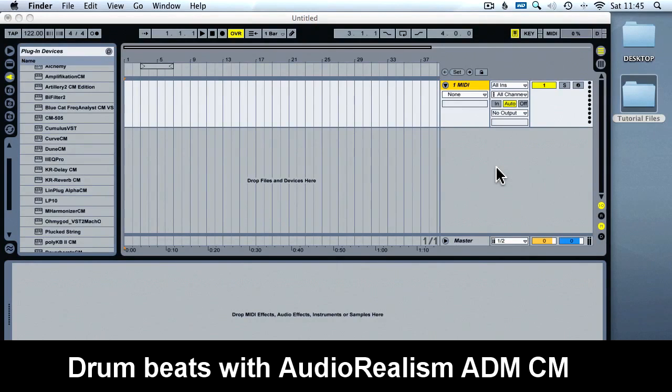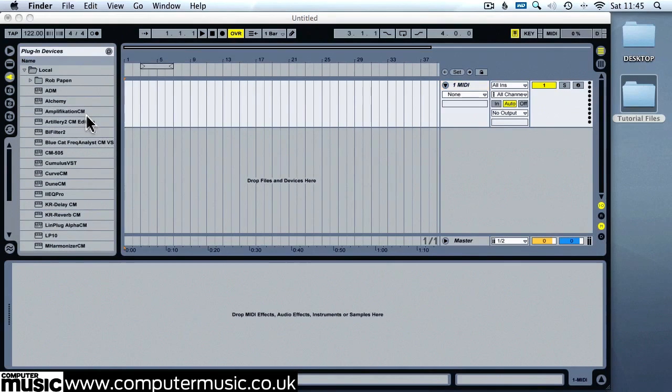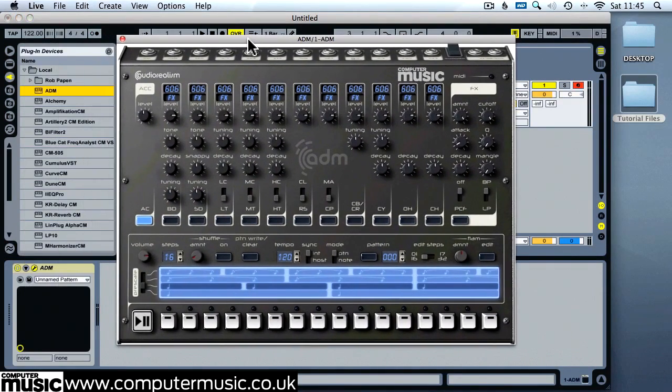In this tutorial we're going to be showing you how to trigger a drum kit with ADM's built-in sequencer, and we'll create a beat that sounds like this. So we're starting with a blank project in Ableton, and we'll load up ADM drum machine onto a new MIDI